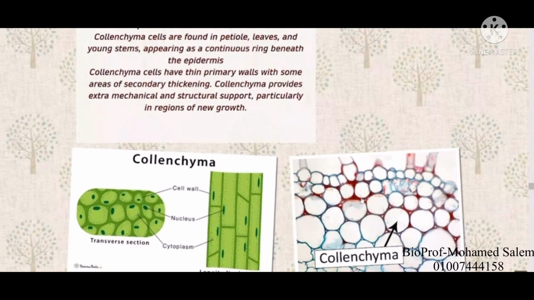Collenchyma cells are found in the petiole. The petiole is the neck of the leaves that connects the leaves with the stem, and in some young stems,